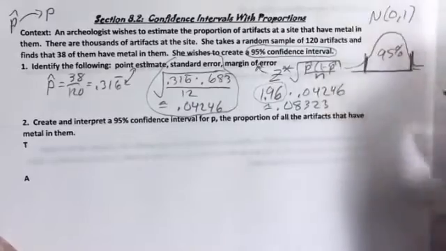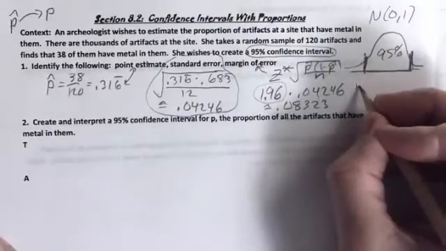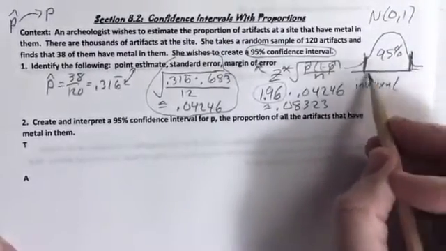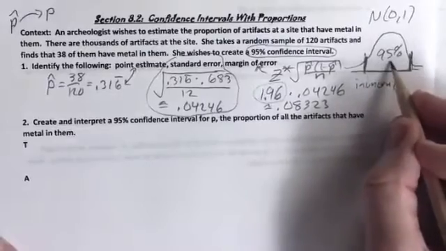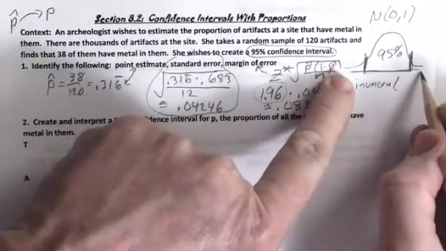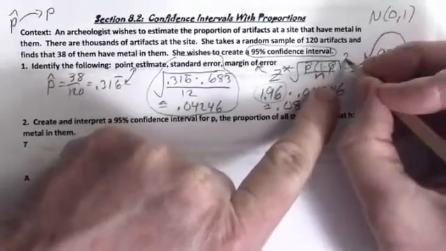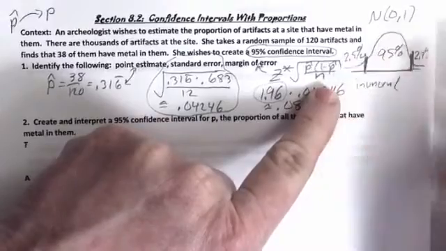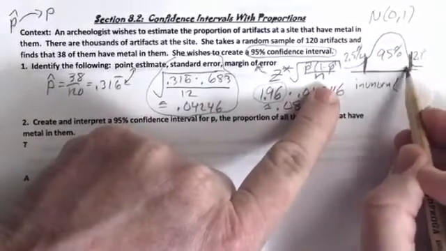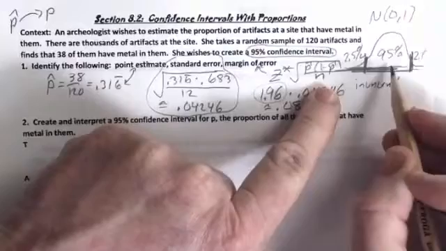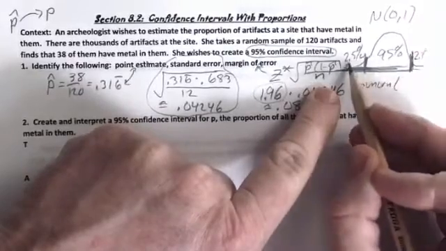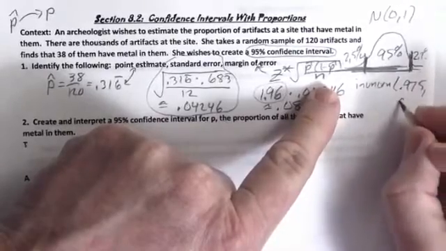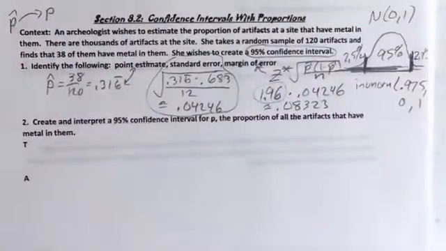And so what we can do is use inverse norm, and use the area that's to the left of that. Well, if 95% is inside the interval, that means 5% is outside the interval. That means 2.5% on each tail. And so then you would say, what is the area to the left of this value? Well, you would add that total area. That's 97.5%. So we'll go 0.975, mean of 0, standard deviation of 1, and that'll give us a more exact version